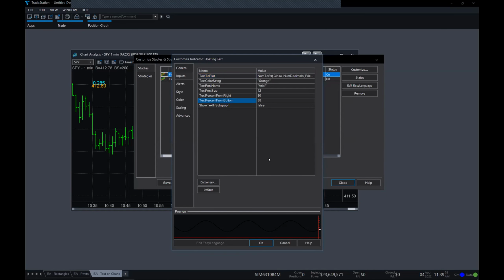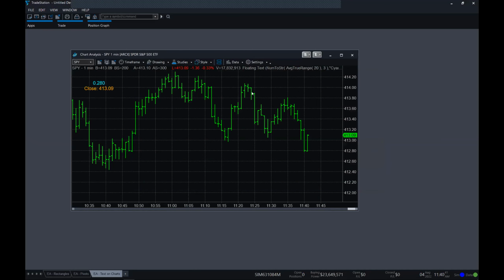So now I've got the ATR and the close there. And I say, okay, is there any way I can adjust the label so I know what it is? And you can. What you could do here in the input is just put the string that you want, and maybe we want close, with a colon there, and maybe a space after that. And then we're going to use the plus sign to concatenate the strings. I don't know if you guys could see that, but it's close plus that value. Okay. So then I'll go here. Oh, hey, there we go.